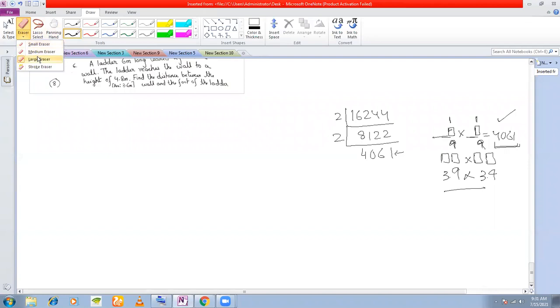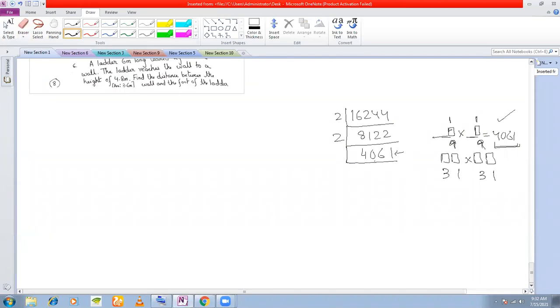So what you do here is next you try with 1. Let's try 11 into 11. It will not give 4061, so this will not work. Let's try out the next number, let's say 21. 21 into 21, will it work? It will not work. It will be a number lesser than 4061. What about the next number? 31 into 31. You see that 31 into 31 will give you 4061.